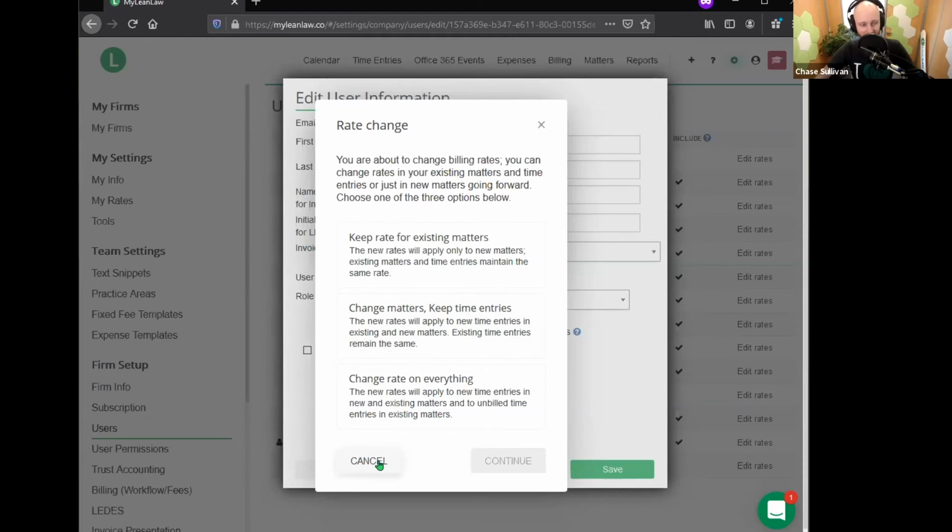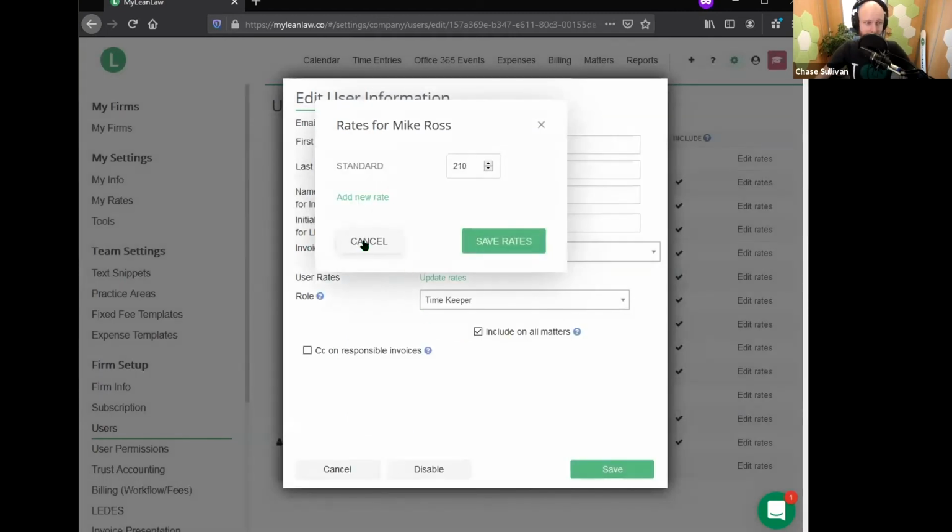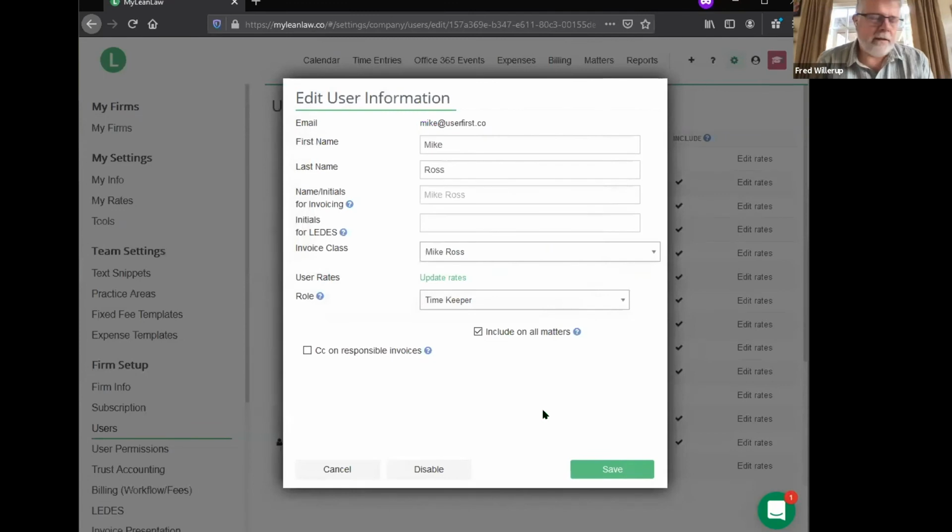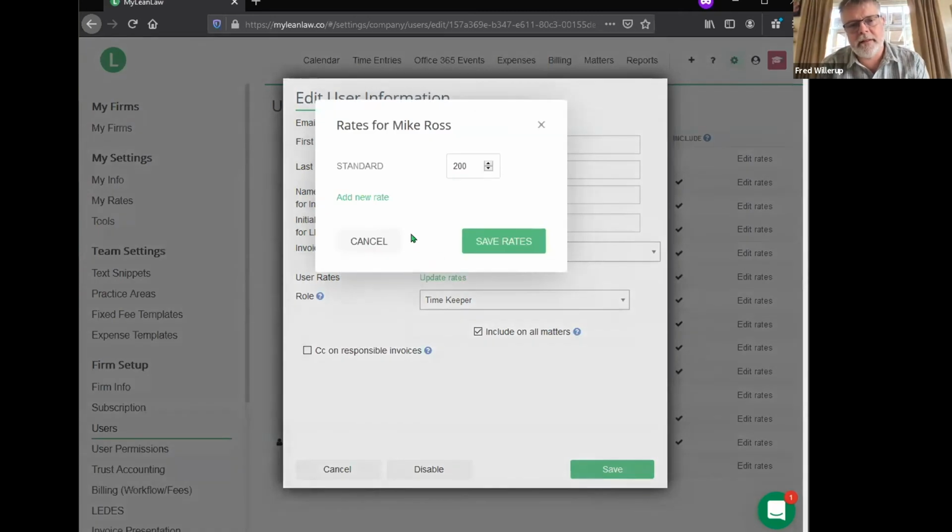And I'm going to go ahead and cancel here. I'm going to add something here. So we've had some requests here to better be able to manage rates,